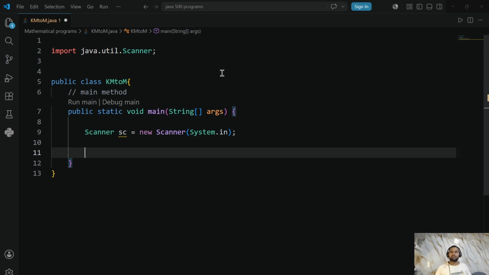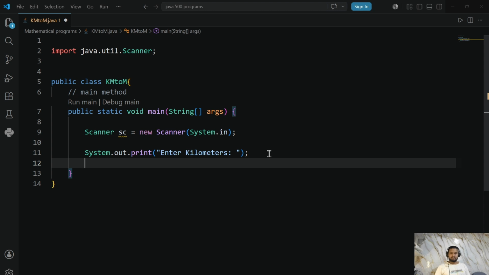After that, what we can do? Kilometer to meter conversion. Okay, so take first value as input in kilometer. So System.out.println enter kilometer. और यहाँ पे हम ln को रिमूव कर देंगे, नहीं तो ये नेक्स्ट लाइन में हमें शिफ्ट कर देगा वन बी. And take value as input, and it may be double type or can also take in integer type. Okay, km = sc.nextDouble();